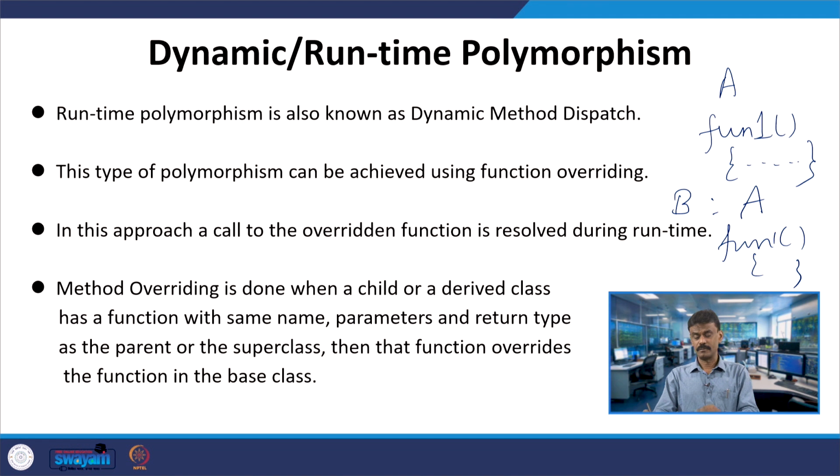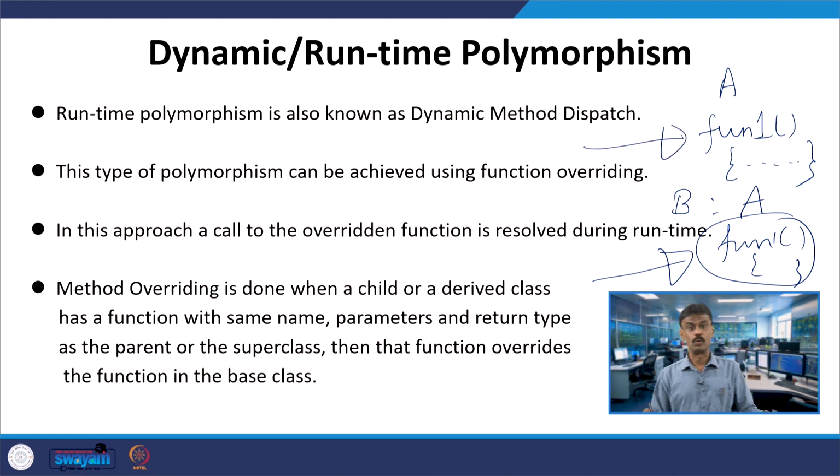So, when the function is called, which function will be called? That means it has to override some function. For example, if the class B function is being called, that means it should be overridden, right. That is called overriding. In fact, we had seen one example previously when we talked about inheritance. Anyway, we will consider the same example, the meaning of method overriding.